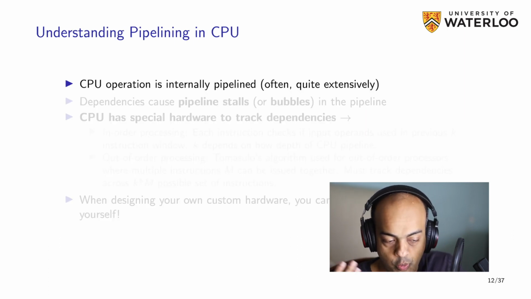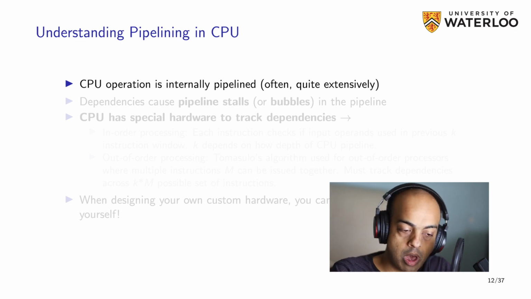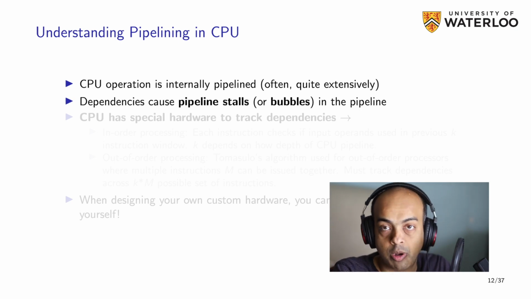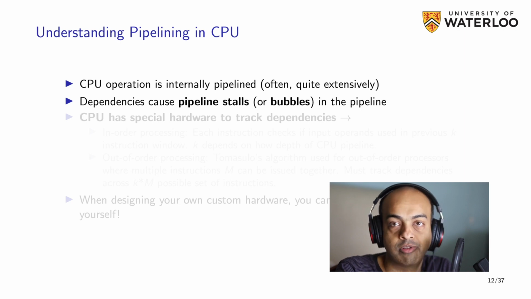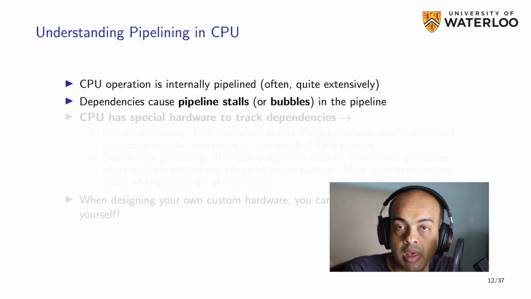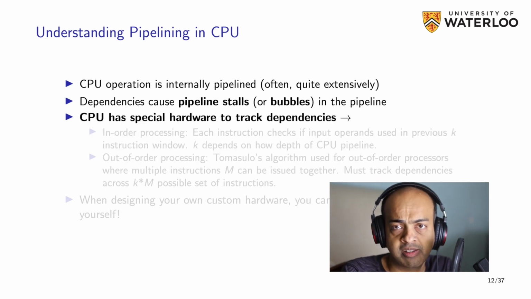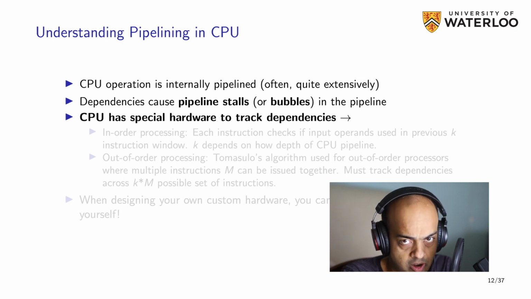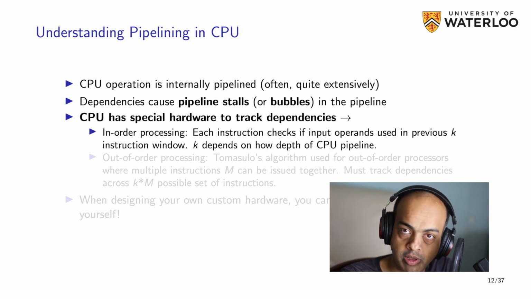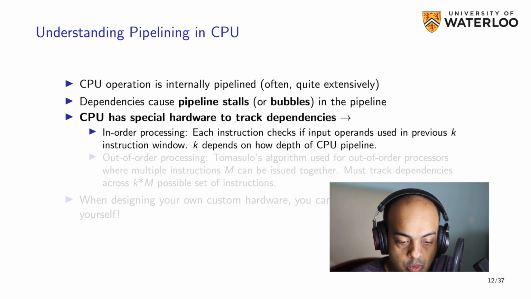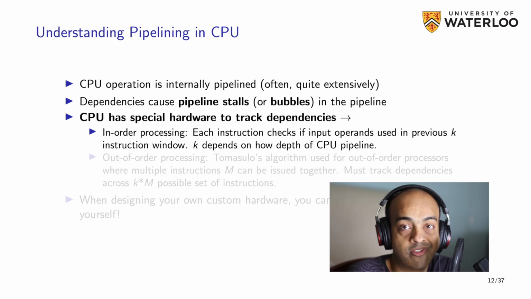Okay, so when you have a pipeline CPU, you are able to keep the different hardware operators busy to the extent possible. You're going to have stalls or bubbles in the pipeline if the hardware detects that there is some kind of a dependency. Dependency checking in itself is a fascinating area of research, a fascinating area of design. If you have simplistic hardware structures, you do what is known as in-order processing. You're only executing instructions one after another,